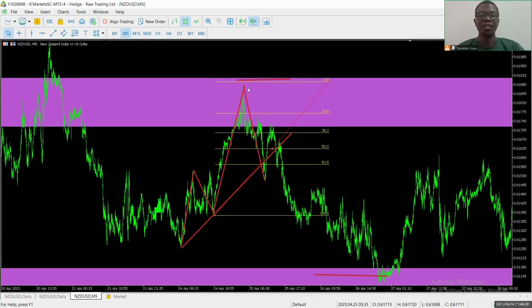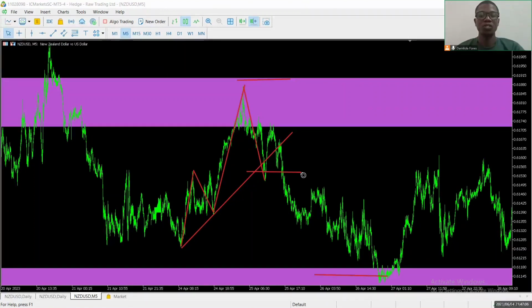So first of all, prices rejected at a horizontal support and resistance zone. Prices broke a trend line. Prices broke a 61.8. This definitely has indicated to us that the bears are in. So what we are going to do is short prices around this point here. After the 61.8 is broken and the trend line is broken, we can short prices here and put our stop loss here and ride to take profits,